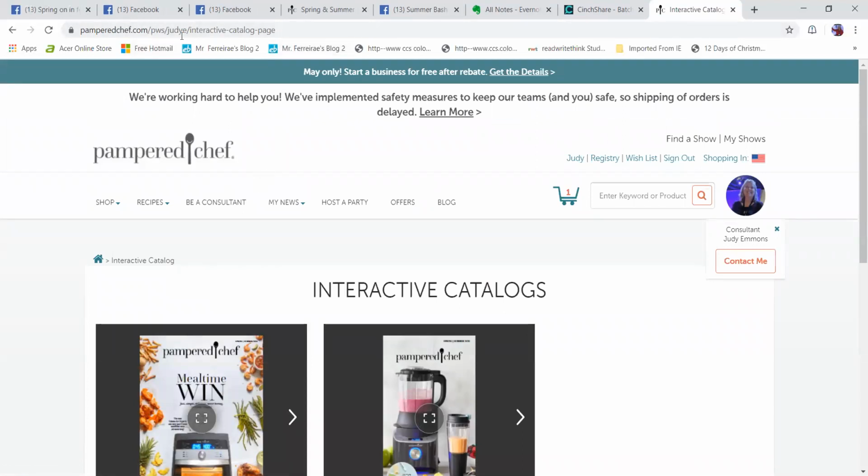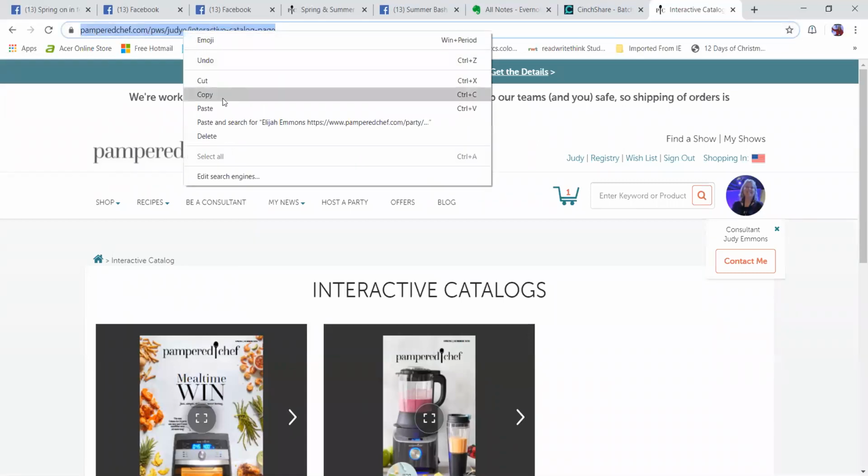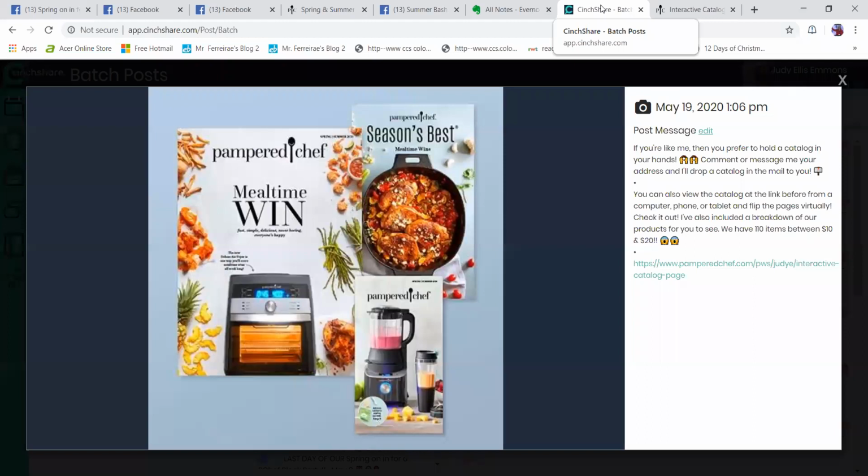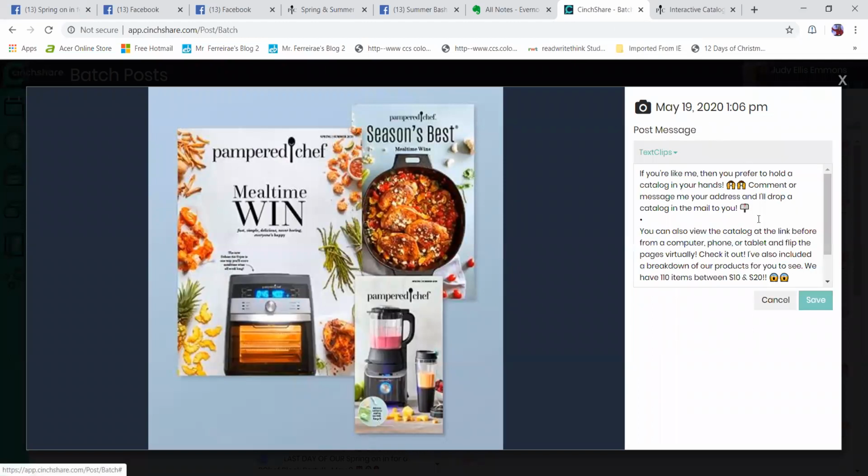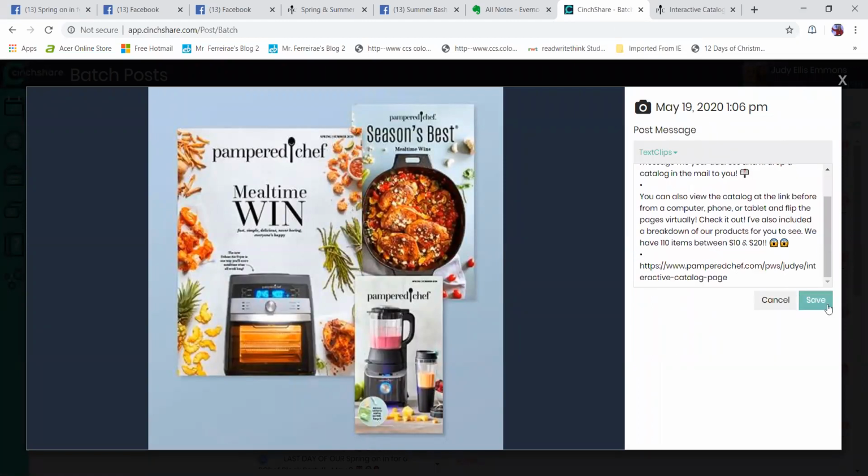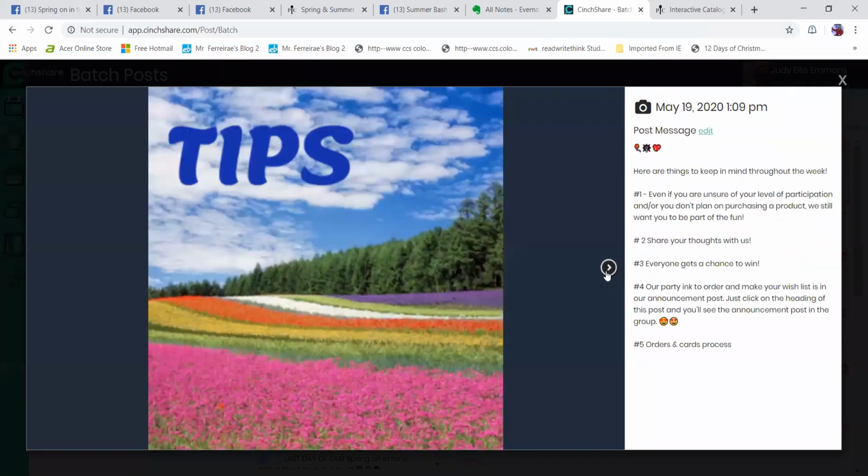But right here, you see how it says Judy E here? You'll have something different. Whatever your website is, that will be right there. Then you just copy it. Right click, copy, and then you can go in here and you can edit and you can paste it and save. All right, so here again is another set so that you can see what kind of tips I give